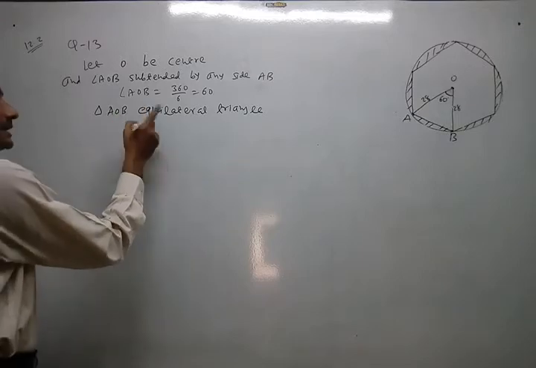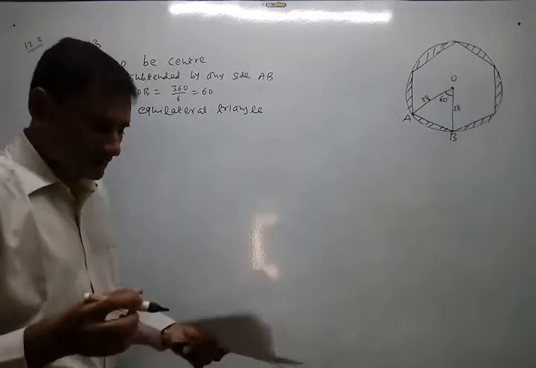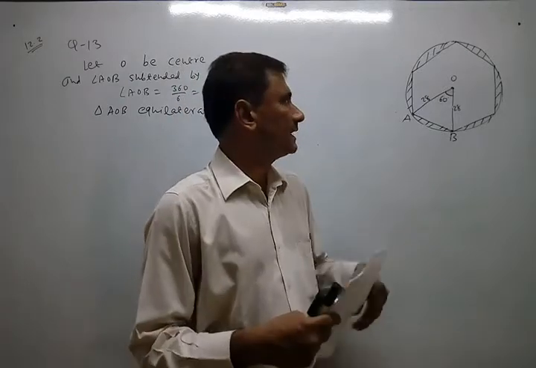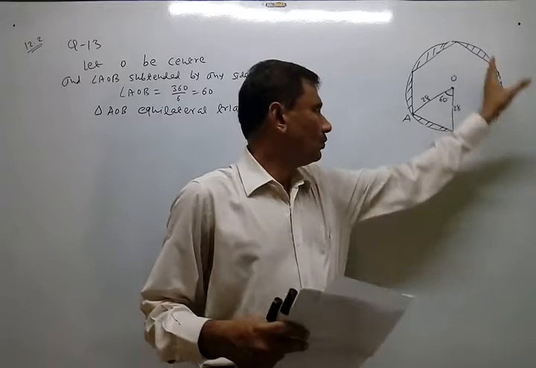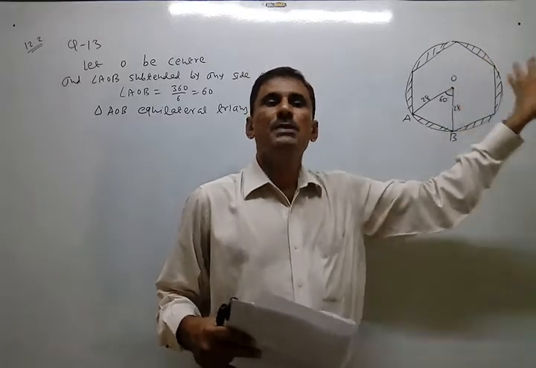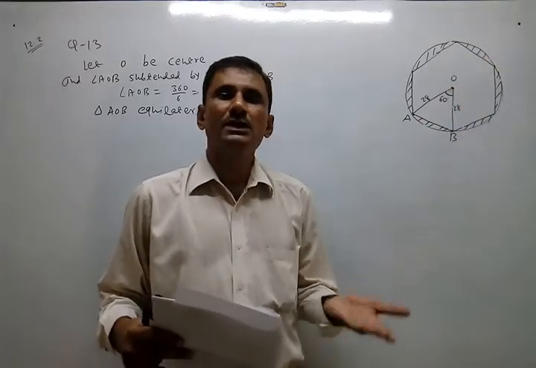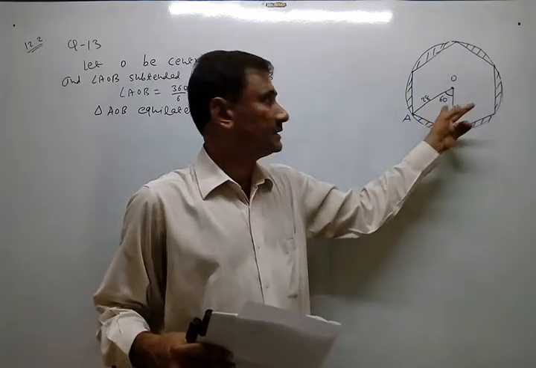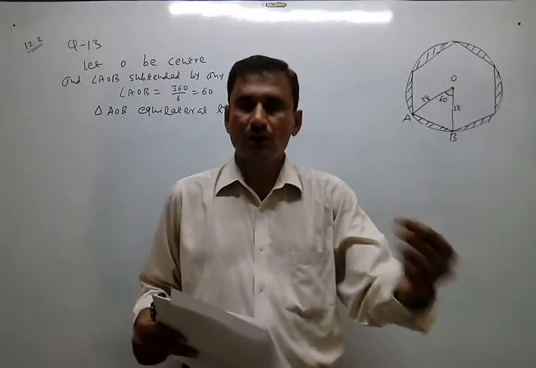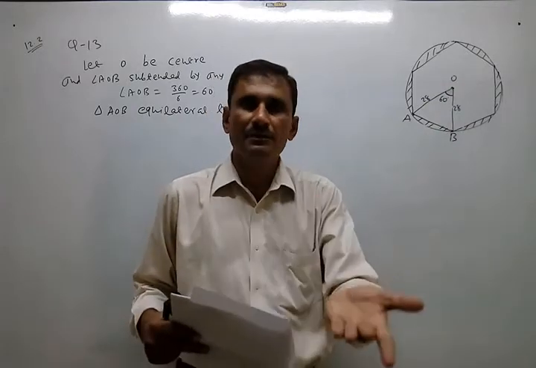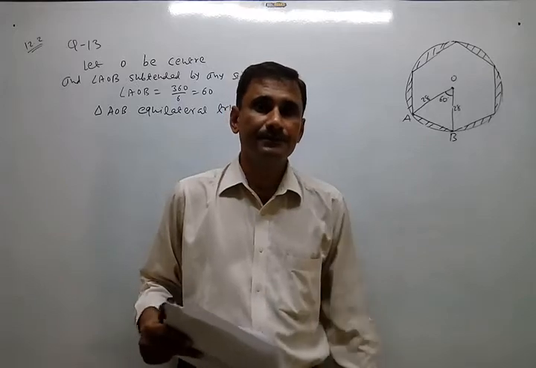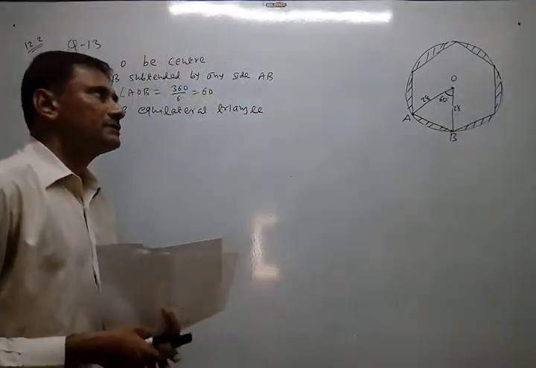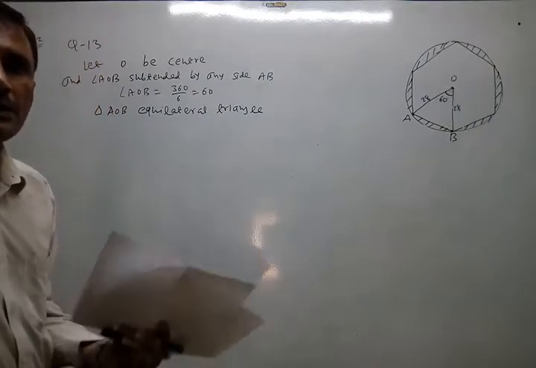Everything should be clear. Now just find the area of the triangle. Why are we finding the area of the triangle? Because our purpose is to find the area of the hexagon, the whole white part. But the area of the hexagon can be found if we find the area of this triangle, then make 6 times of that area. So it will automatically be the area of the hexagon. So we first try to find the area of triangle AOB.